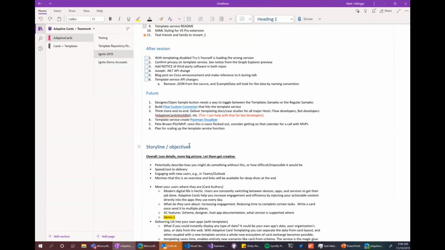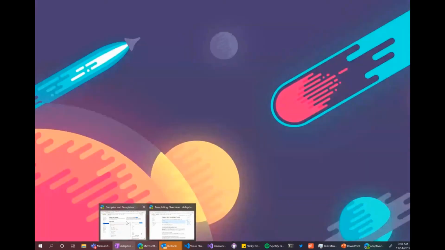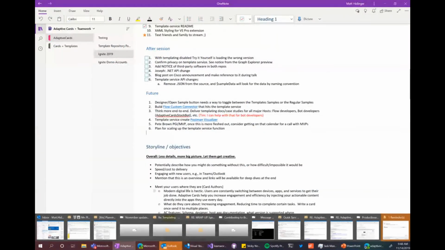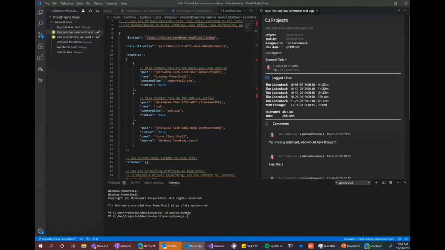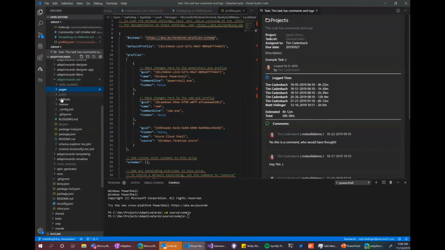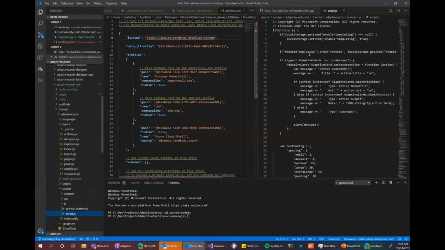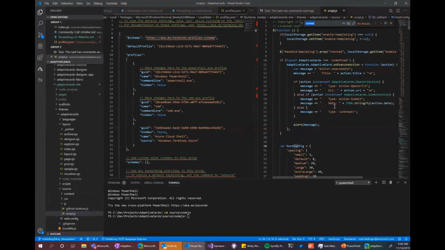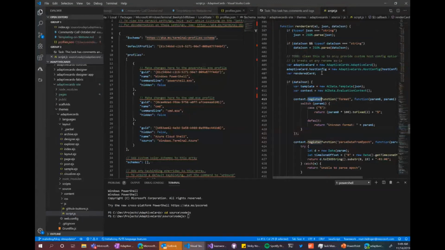If you're using the JavaScript library, let me see if I can pull up, I have the code open. Give me 1 second. Everything in Adaptive Cards is open source, including our website. So if you go to source.js, script.js. Okay.